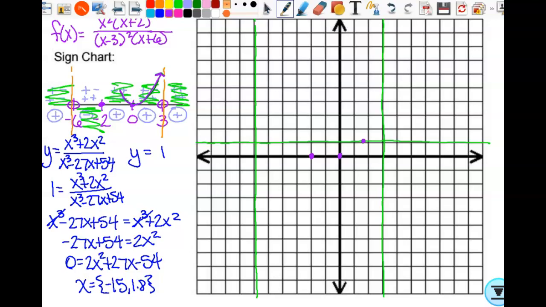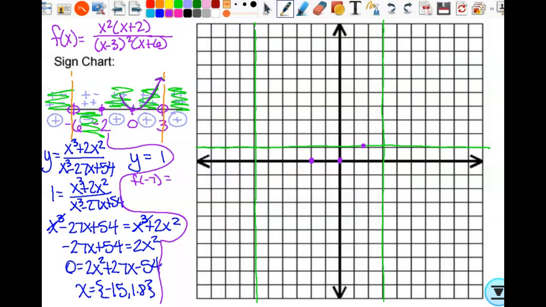So I need to find at least one point because I don't have any. Let me see if I can fit some of that work in here. So that's at negative 6. We're going to start with f of negative 7. So if I substitute negative 7 into here,